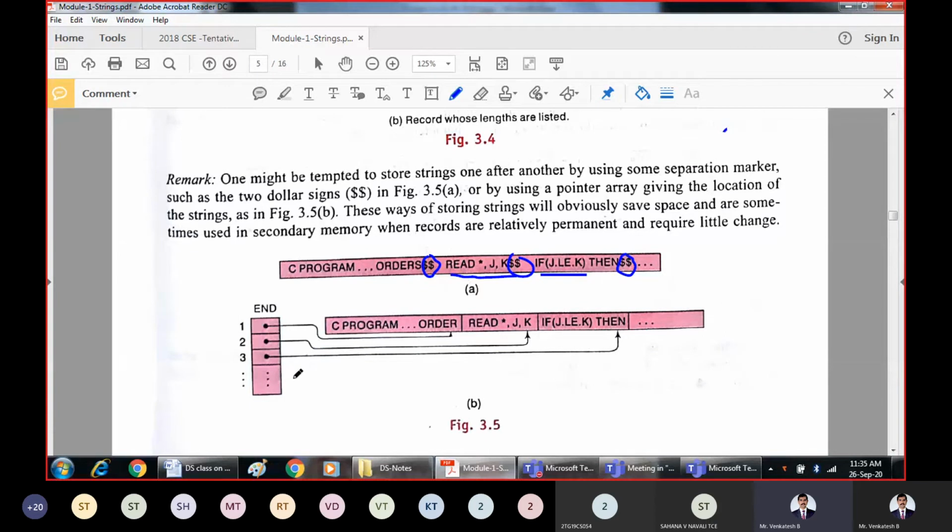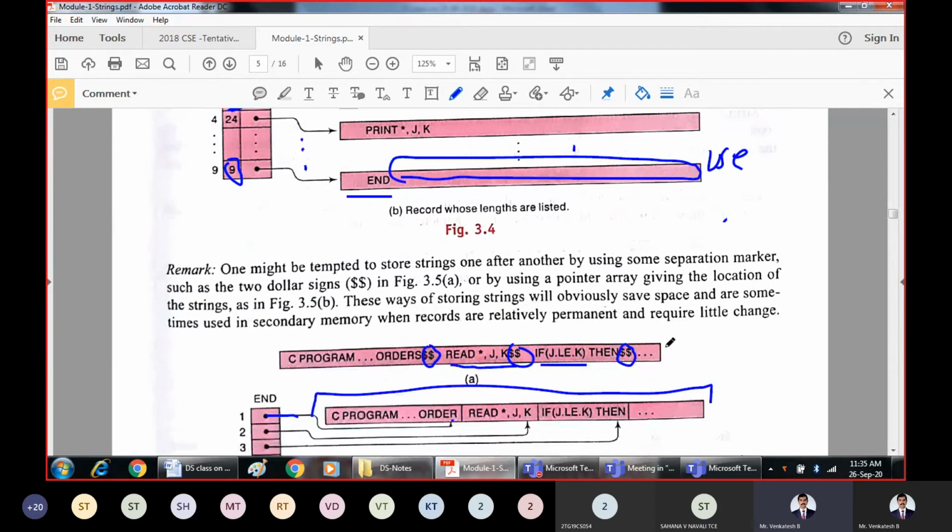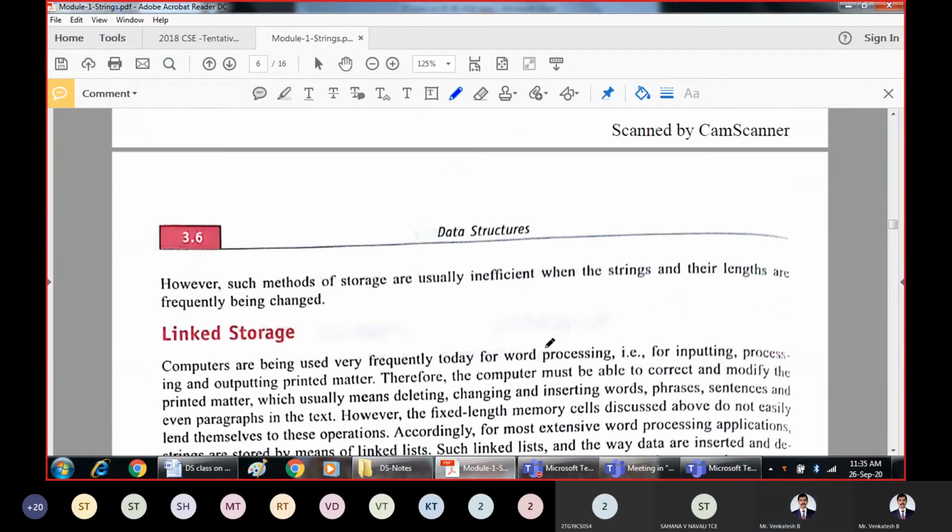The same is represented in terms of pointers. Store the record and it is going to contain an address, so it is pointing to this location. In the single record length itself, in the available 80 columns itself, we are going to store the possible number of records, because we can reuse all the memory locations. So when you look at all these, this approach will be better. Why? Because we are not unnecessarily wasting the free locations in the memory.